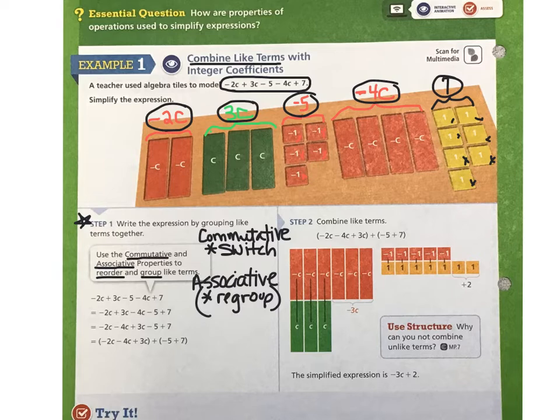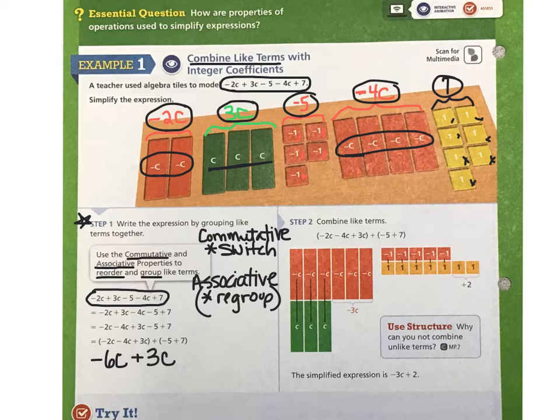So you'll notice here in the original expression that the terms are not next to each other when they can be combined. But you'll notice that you have all of these terms here with a negative sign in front of the C, and that altogether makes 6 of them. Okay, so you have negative 6C. And then you'll notice that you have some terms that have a positive C in front of them. And then you can put them together to get a total here. You'll see that right here,